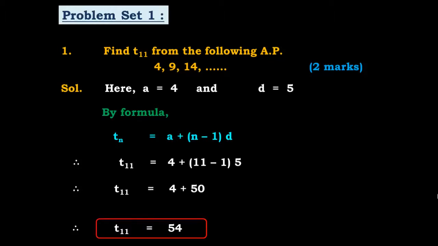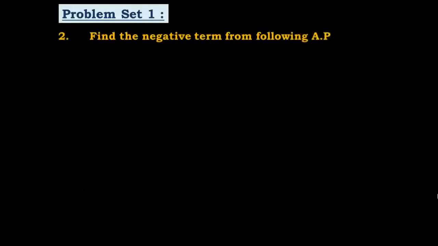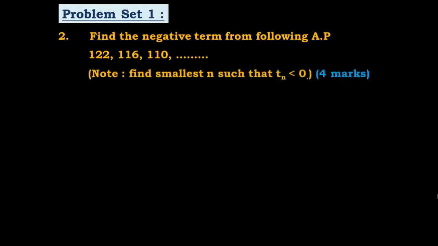See the next question. See student, read the question carefully. Find the negative term from the following AP. See, we have to find the negative term. 122, 116, 110 is the given AP. Now see student, find the negative term, that means find the smallest n such that T of n is less than